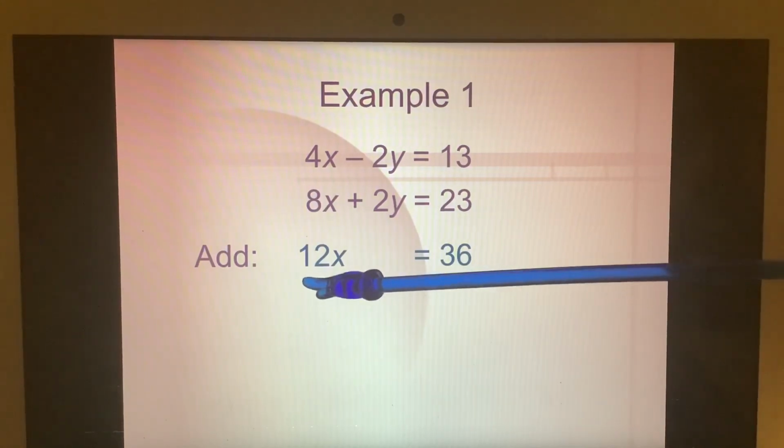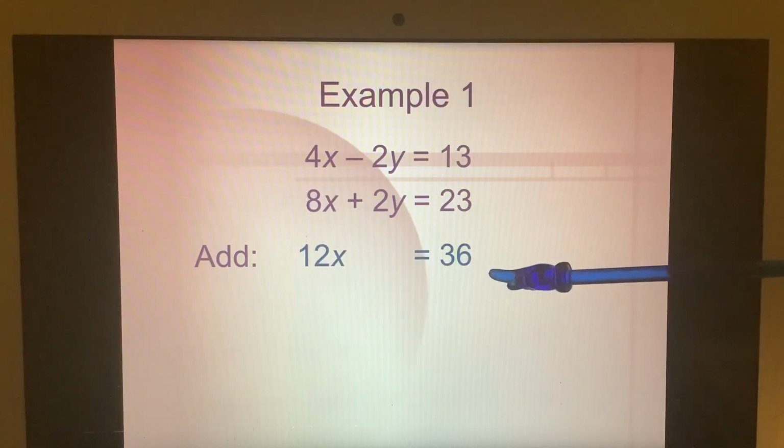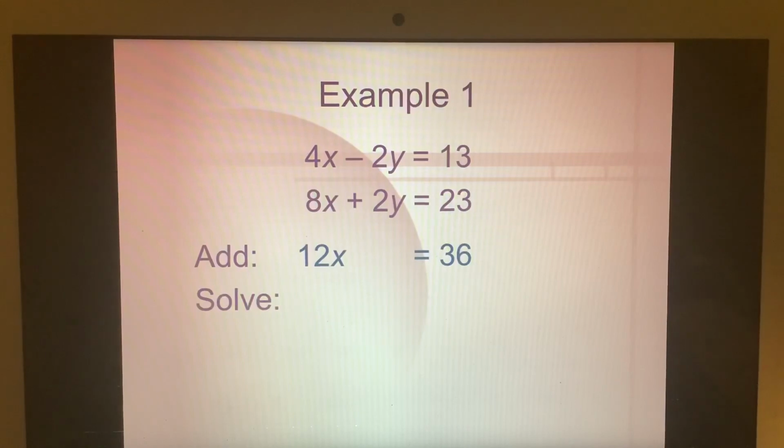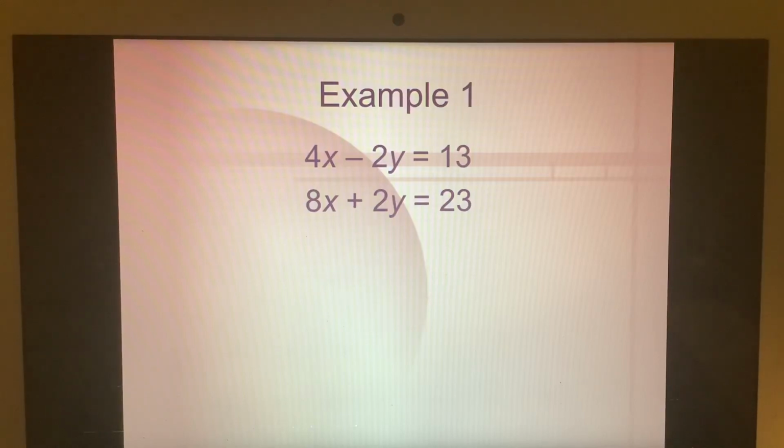If I solve for x, I'm going to divide by 12, divide by 12. X equals what? What's 36 divided by 12? Yes, you got it. X equals 3. Very good. Now, I can plug in x equals 3, plug 3 back into an x, and I can choose either one of these equations to solve for y, and it would still work. So here, they've chosen